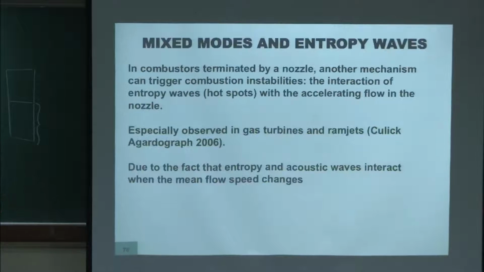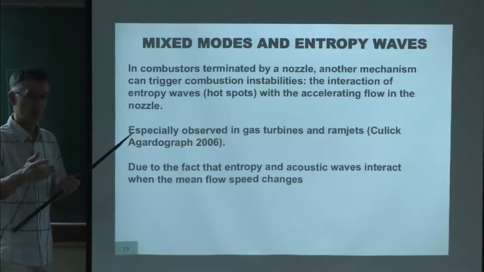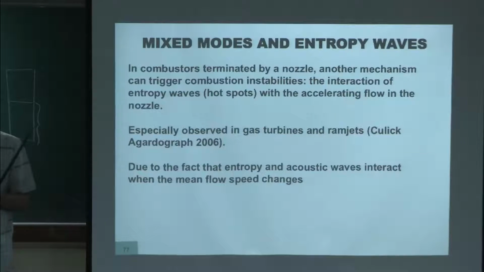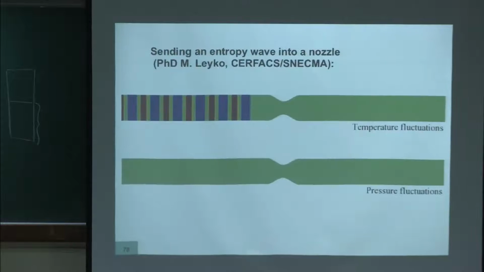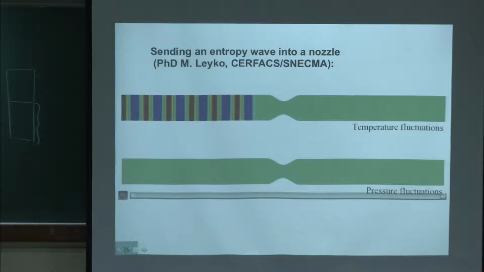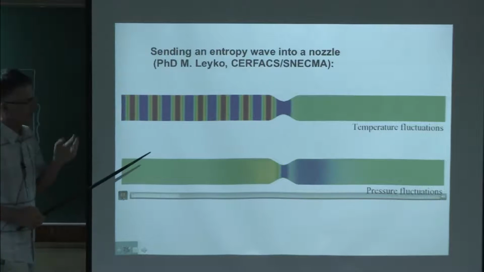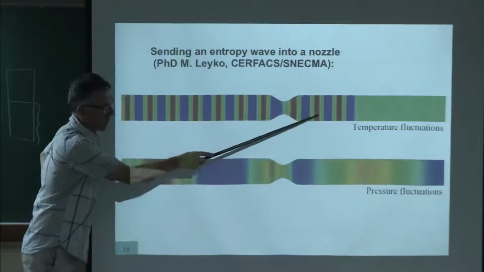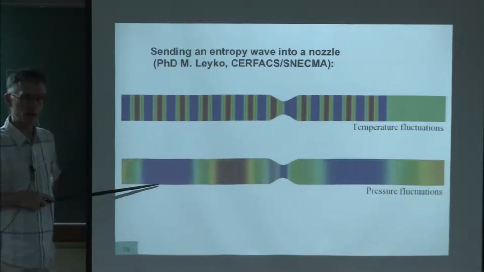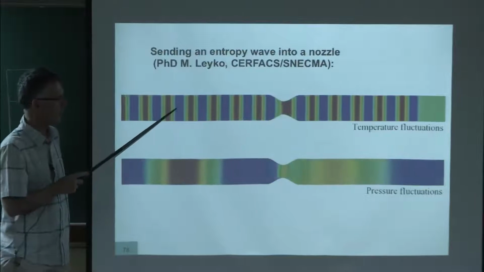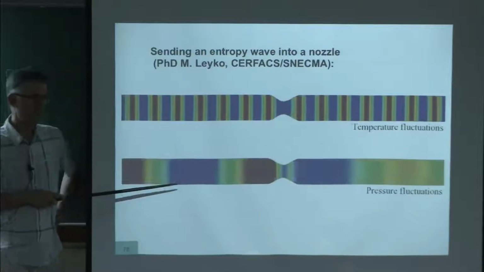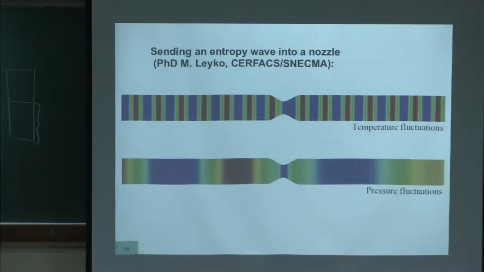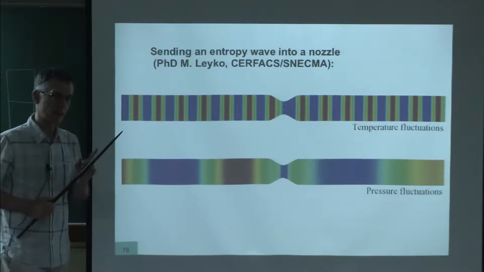Now, the difficulty is that acoustics go to acoustics, but entropy also goes to acoustics. So let me show you now an entropy wave propagating into a nozzle. This one goes more slowly because it's convection, but when it enters here, it creates transmitted entropy, but also reflected acoustic waves. So if an entropy wave hits a nozzle, it creates a reflected acoustic wave. So it makes noise.